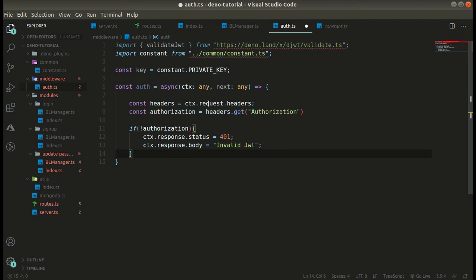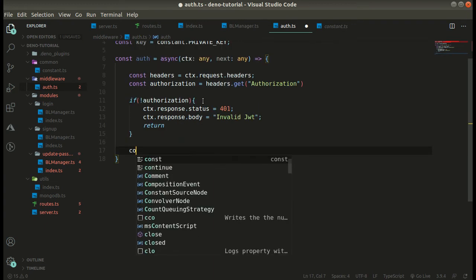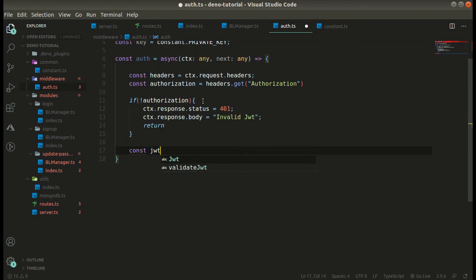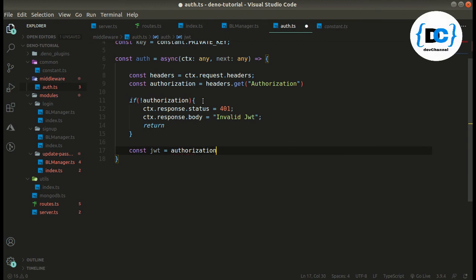Now, if we are having the authorization, what we can do is simply get the JWT token like this, authorization.split. We are going to split it using space, and at the first index we are going to get our JWT token.